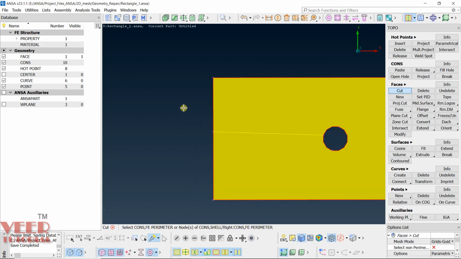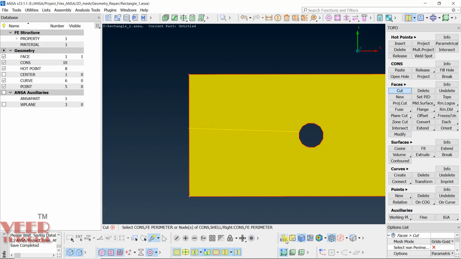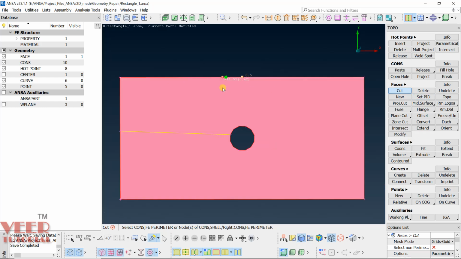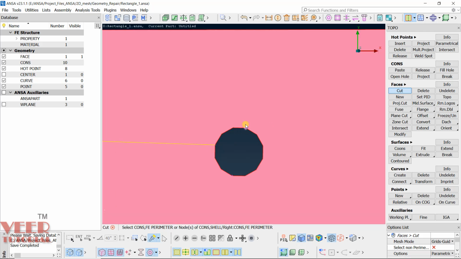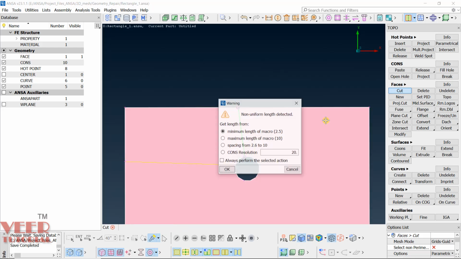Now it is showing that a cut line has been created using this yellow color. Let's change this to PID. Now you can see a yellow line, and with this yellow line, this surface has been cut. Again, let's say I want to create one more cut from this point. Take the mouse onto this point, and when I drag the mouse, it shows the reference distance from this point. I click here and click on this line.